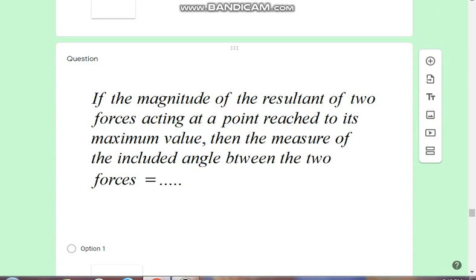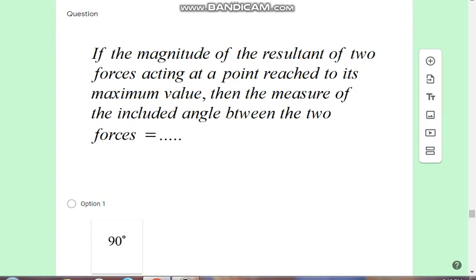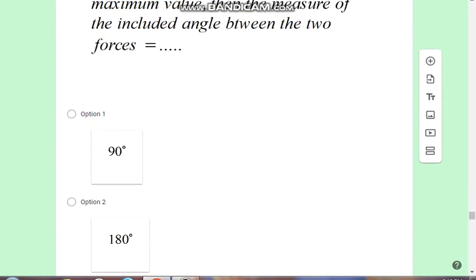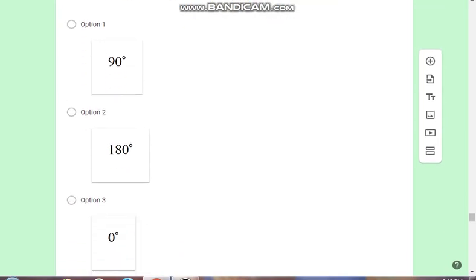The next: if the magnitude of the resultant of two forces acting at a point reaches its maximum value, then the measure of the included angle between the two forces equals 90 degrees, 180 degrees, 0 degrees,